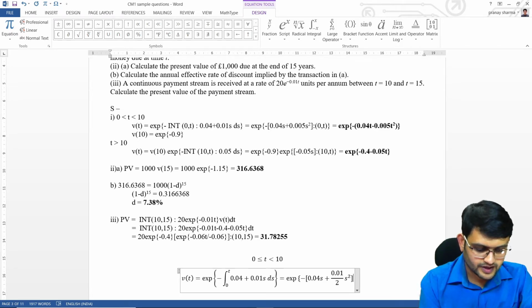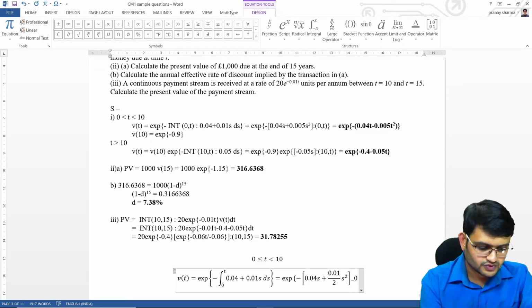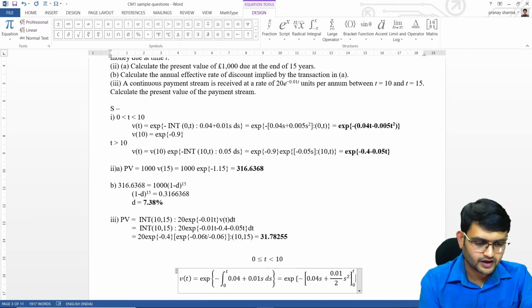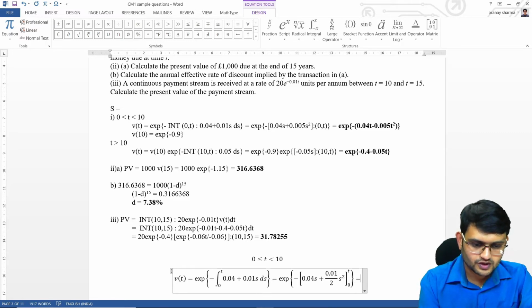And close our brackets. If I press space, now we want to put the limits 0 to t, and we get our limits. Close the bracket, space, equal to, and now we can write our final answer as